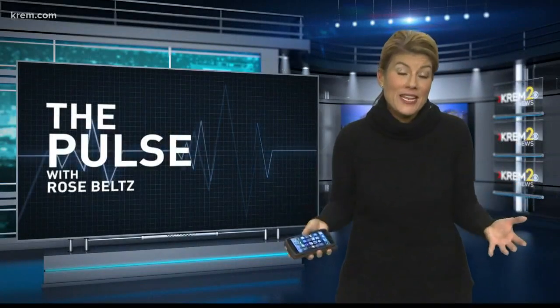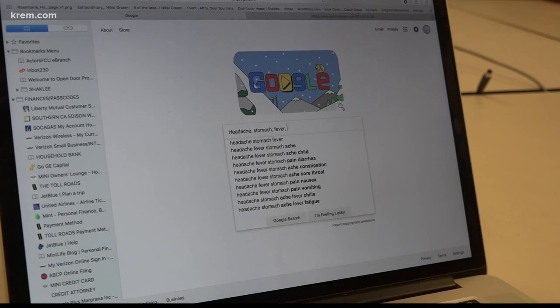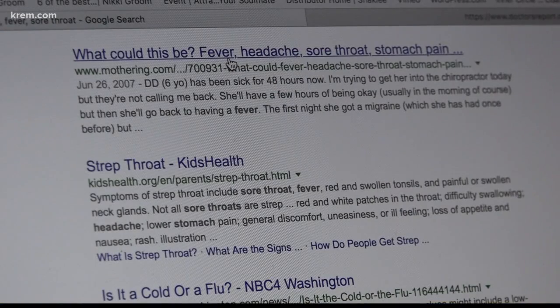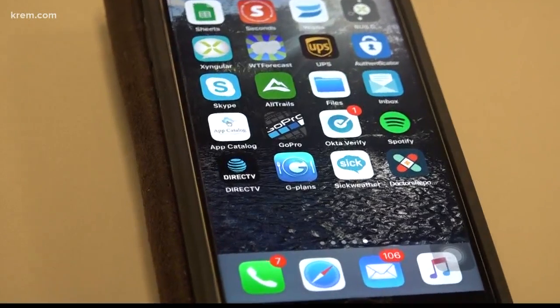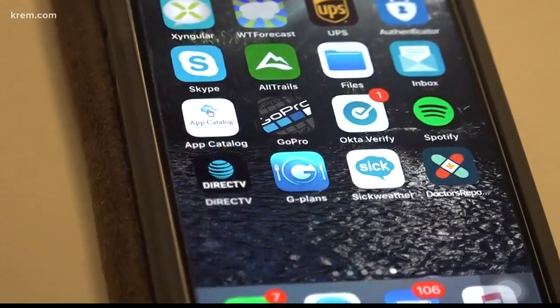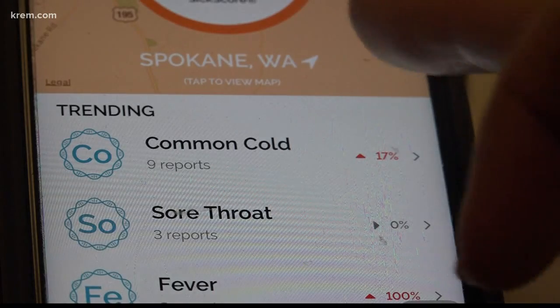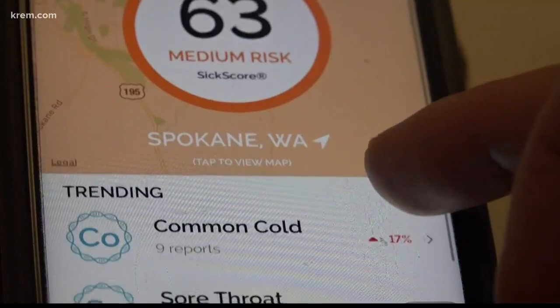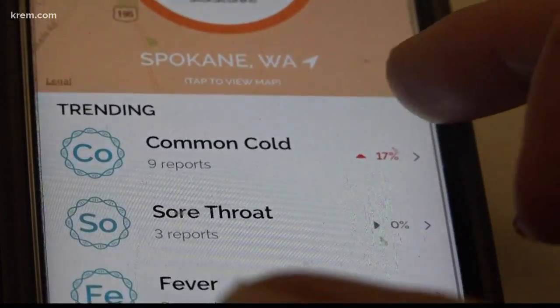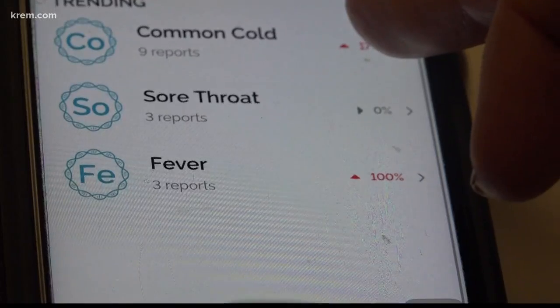It's our natural tendency to Google our symptoms, self-diagnose, then try and weed out the best remedy when we're not feeling so hot. But now there are apps designed to help you avoid catching those germs by pointing out sick zones. The Sick Weather app scans social media networks like Facebook and Twitter, then records millions of different reports of sicknesses each month, breaks cases down into individual diseases, then gives an area a sick rating and score based on